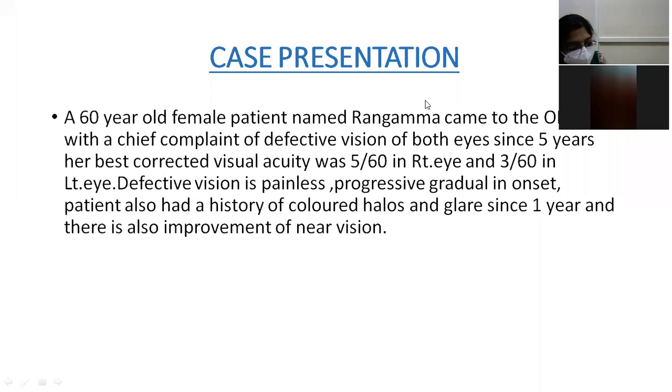What are the other differentiating features? What is the color of conjunctival congestion? What is the color of circumcorneal congestion? Conjunctival congestion is bright red, and circumcorneal congestion is dull red, sir. Next, what are the other differences? Arborescence or branching is present in conjunctival congestion, whereas circumcorneal congestion is brush border like.